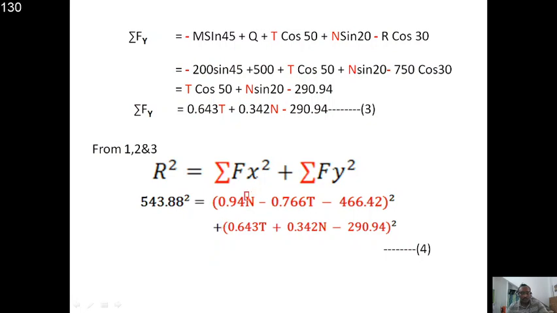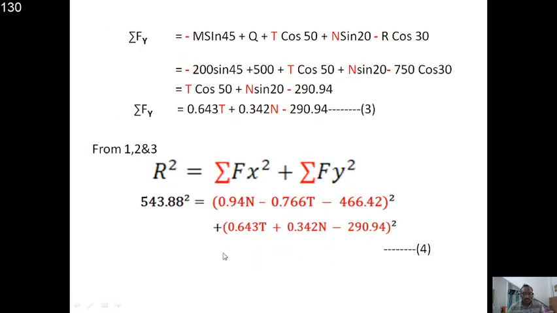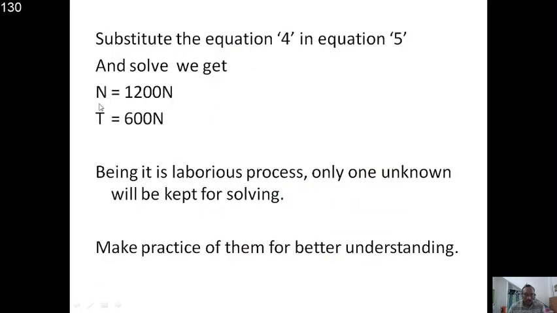You see here, the n value has to be replaced here in terms of the t. Now there are t's, and the n value is also a fraction value, hence it is giving a bigger equation while you are solving, right? So it is not an easy way to simply get the unknowns when two are there, right? Substitute this n value in equation 4 and solve, you will get the n and t values, right?